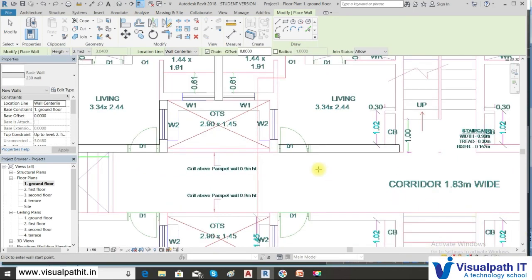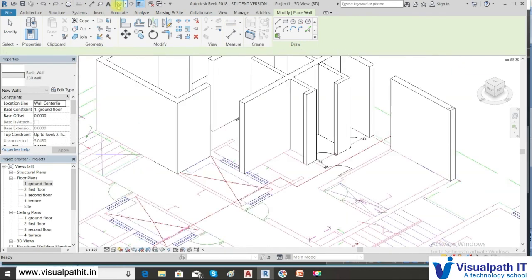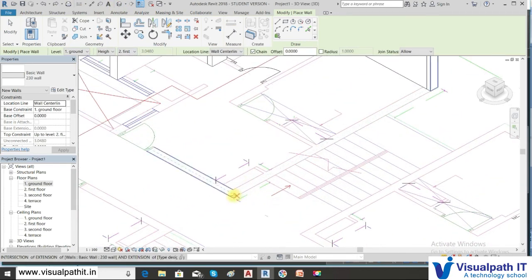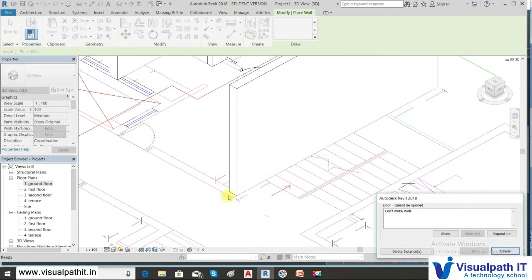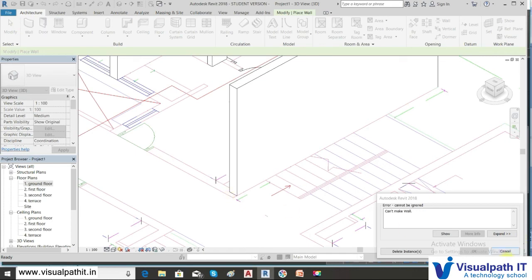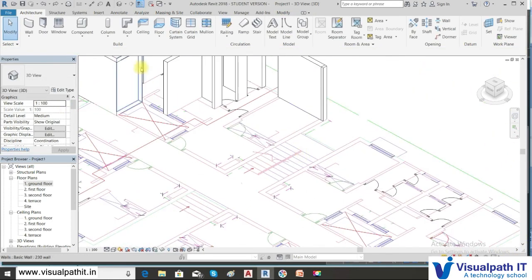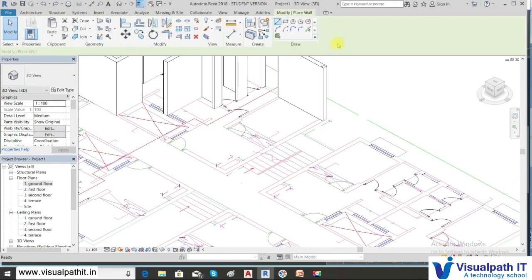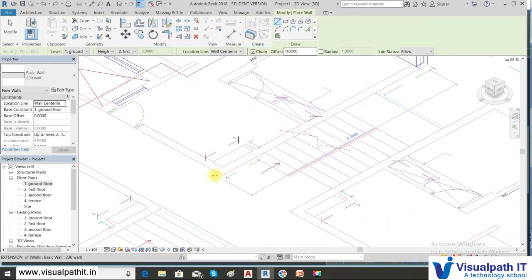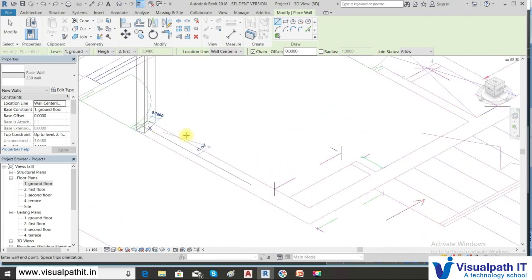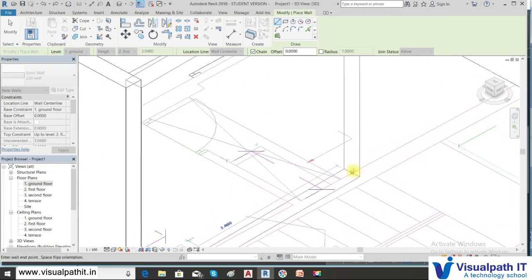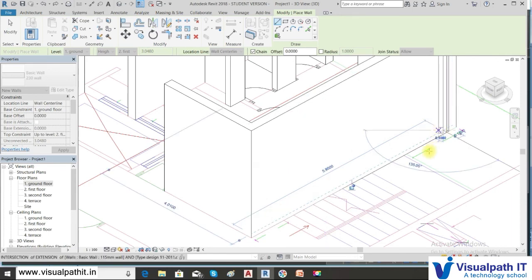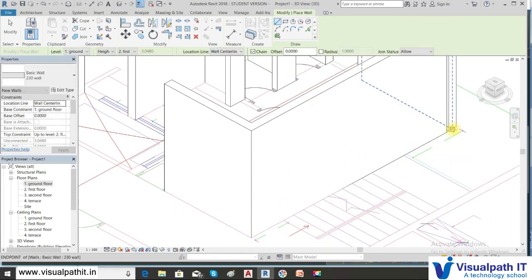You can use both the options, that is the 3D view, okay, and try to draw this. And small editing we can do later.